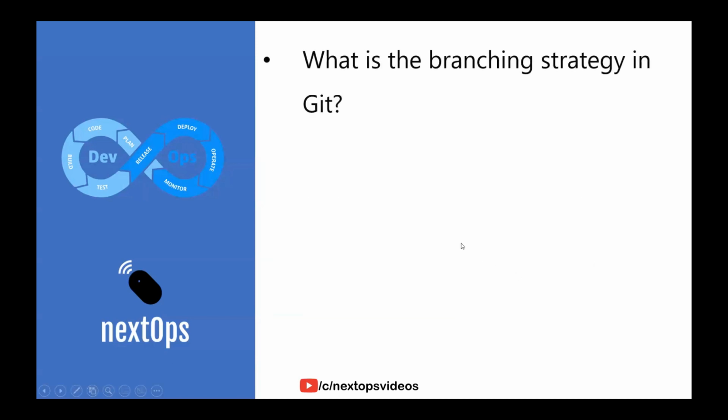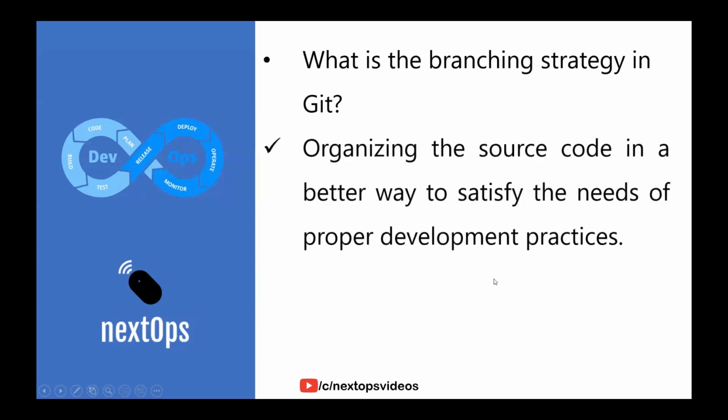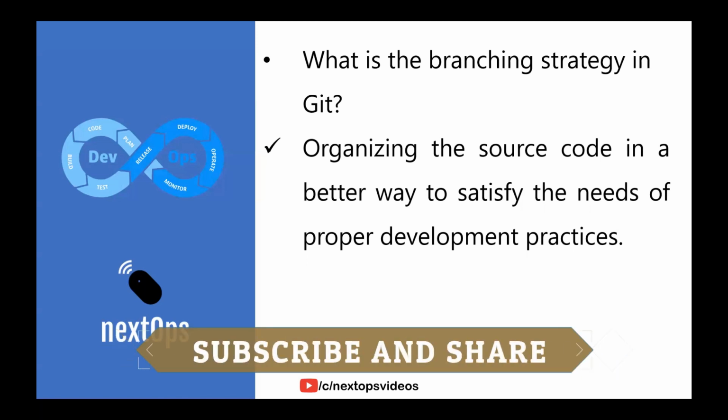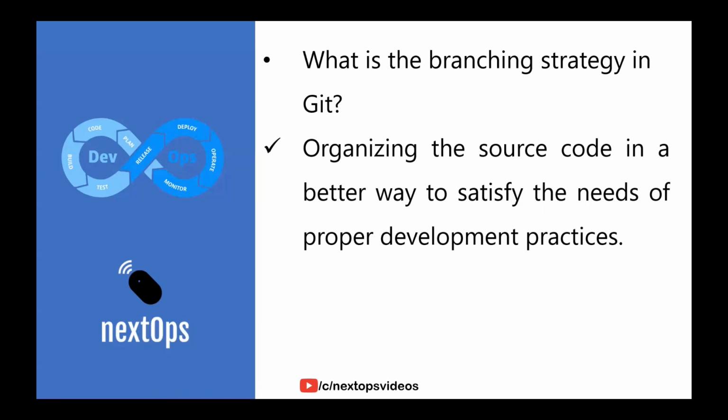What is the branching strategy in Git? Usually, when code is being developed, it will be pushed into a central source code repository such as Git or Azure Repos. Branching in a source code management repository is like creating a separate line of development. Let's say, for example, the team started working on a project and created a central repository in GitHub. When they do that, GitHub will create a master branch initially.